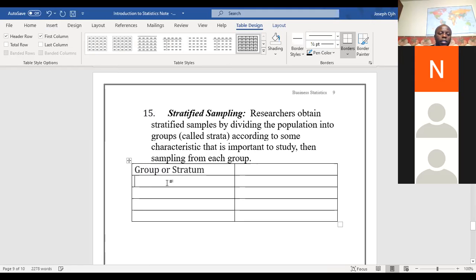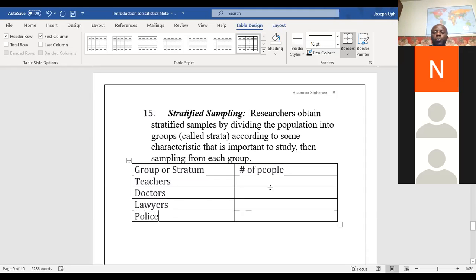Okay, I can say teachers, then number selected, then I can say doctors, I can say lawyers, then what else? The law enforcement, police.